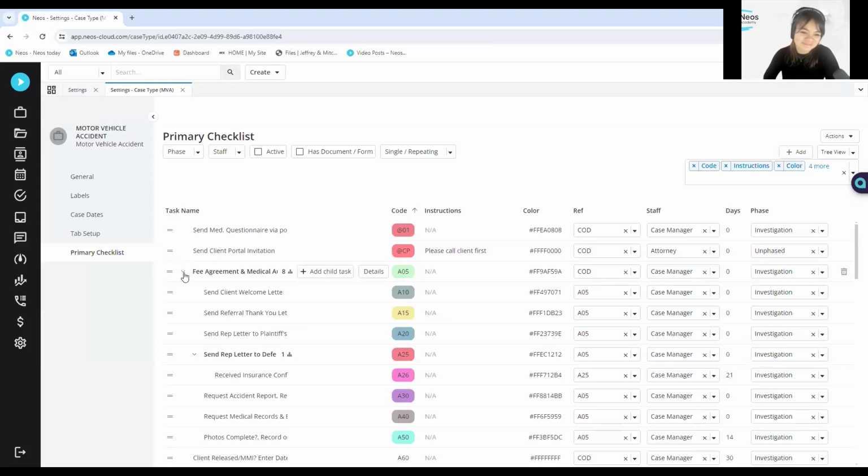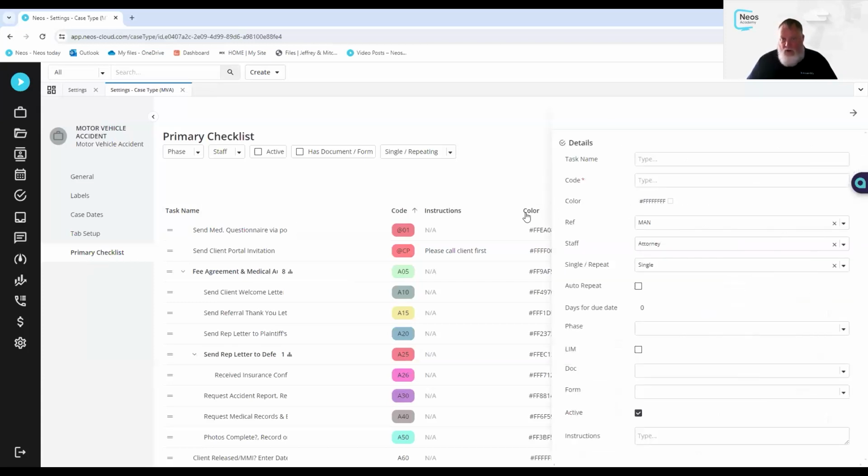Awesome. So going from there, we want to build our checklist. We've gone into the case type, we go to the primary checklist, and I want to add an item. When we add an item, we're going to add that task. What are we doing? Code. We want to give it that individual code so that item can stay not only color coded, but also try to group those items together. So all of our A's mean something, all of our B's mean something, all of our C's do something. Again, follow up, color,